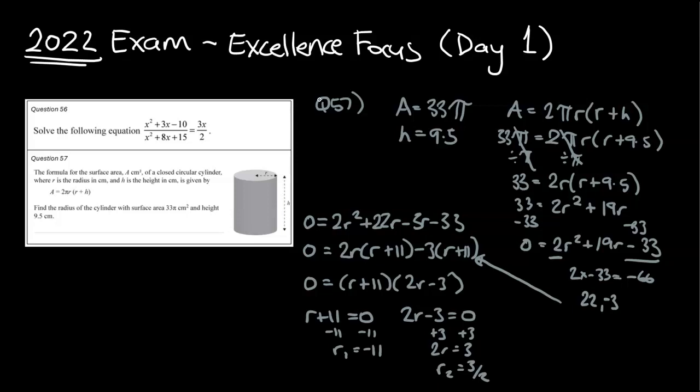So this one here, we need to think about the context. We always have two answers for r, so you need to think, do they both make sense? And in this case, again, we can't have a negative dimension, similar to a previous question we've done. Negative 11, yeah, you're never going to get a tape measure and tell me something's negative 11 centimeters. So we're going to ignore that answer, meaning r2